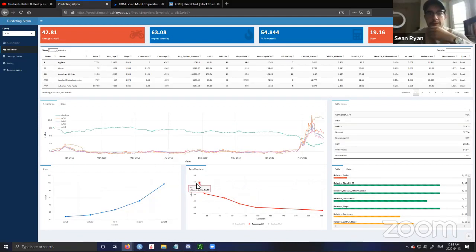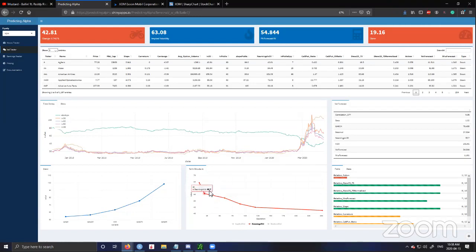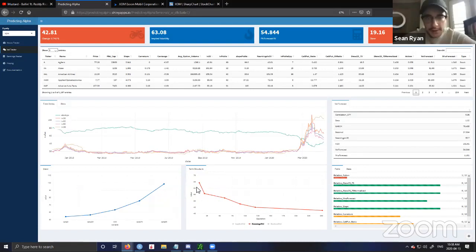A lot of people who are just getting into options may not be familiar with all the terminology. So basically what this is saying is that a lot of people are buying up the front end of the curve. They're buying up a lot of the near-dated options. The farther-dated options are not as bid.